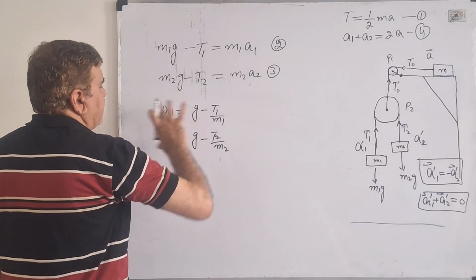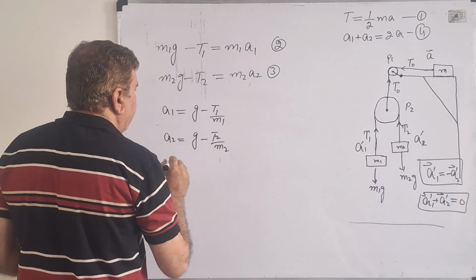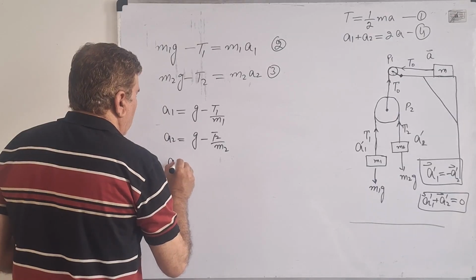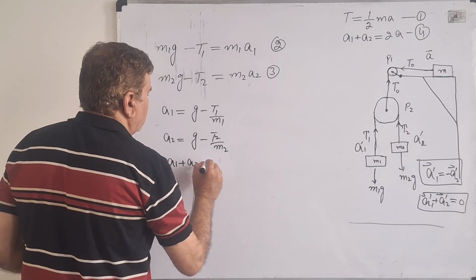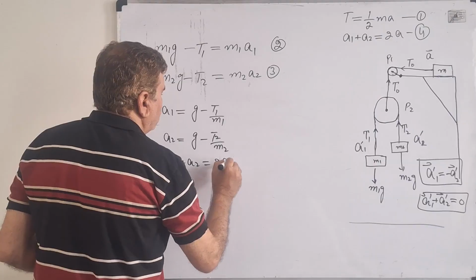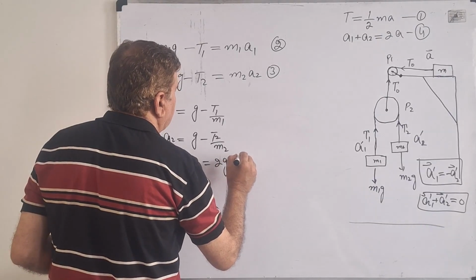And now I add these two equations. If I add them, I can write A1 plus A2 equals 2G minus